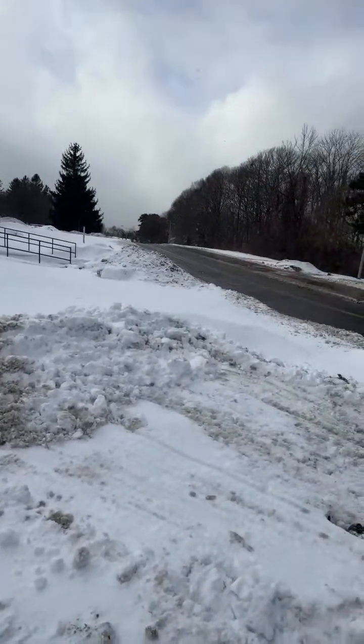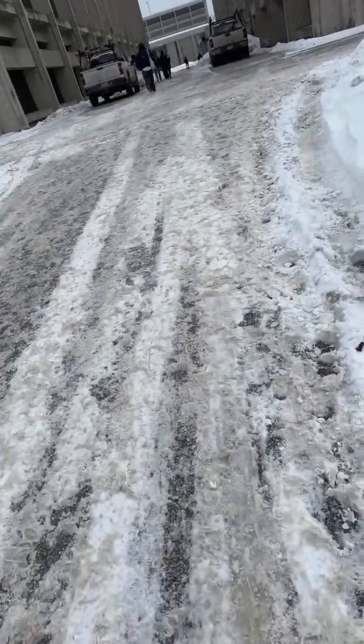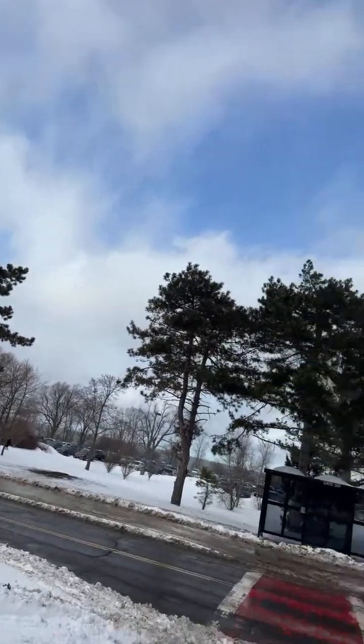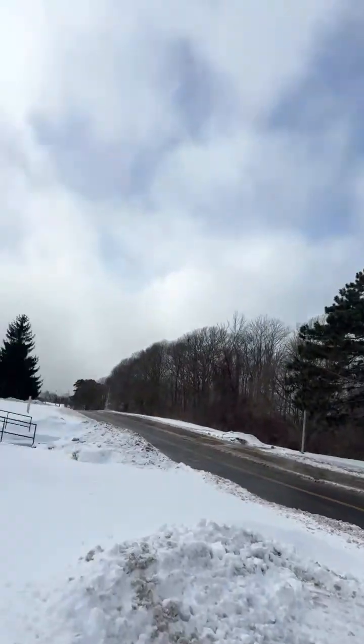Lake temperature here is in the upper 30s, so around 40 degrees. This is perfect for lake effect snow, especially if there was a fetch right in from the west. And there is a westerly wind coming in, west-northwest wind, which is perfect for lake effect. However,